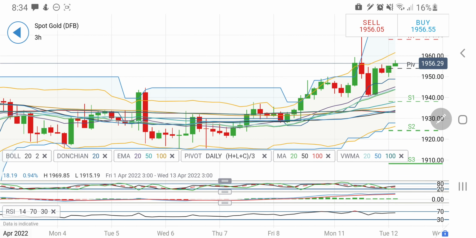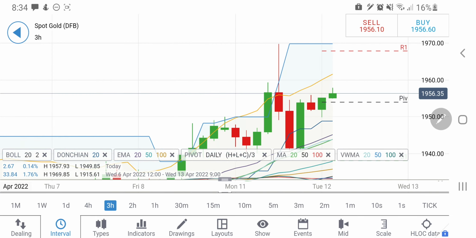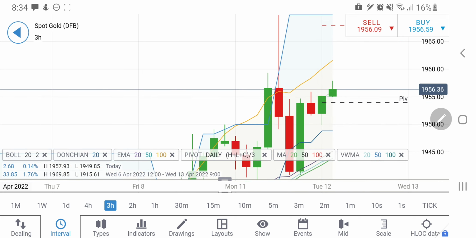However, it has to converge, and look at the RSI near to overbought here. Similarly on the 3-hour charts, it appears it is trying to give a break on the upside. Now why I am saying so, this was the previous two candles, lower highs, lower lows, and this time it is breaking out. So yes, a short entry is only below 1950, that is certain, and a long entry, yes, you can remain long with the stop loss at 1954. Right now you can remain long. However, I will be watchful of 1960.